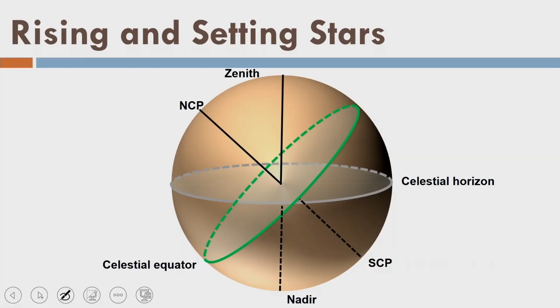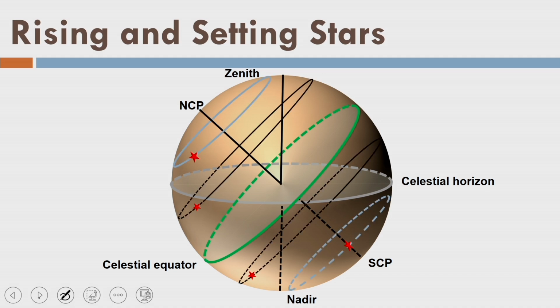Now, what do we mean by rising and setting? Okay, so let us come back to our original setup of the celestial horizon and celestial equator, and this is a celestial sphere which is shown here. So we have zenith and nadir in place. Again, the north celestial pole, NCP, and the south celestial pole, SCP, are both in place here. Okay, so let us go ahead. Let us say there are 4 stars as shown in the figure, and since we know that all the stars will appear to move around the north celestial pole because of the rotation of the Earth, these are the paths of the stars.